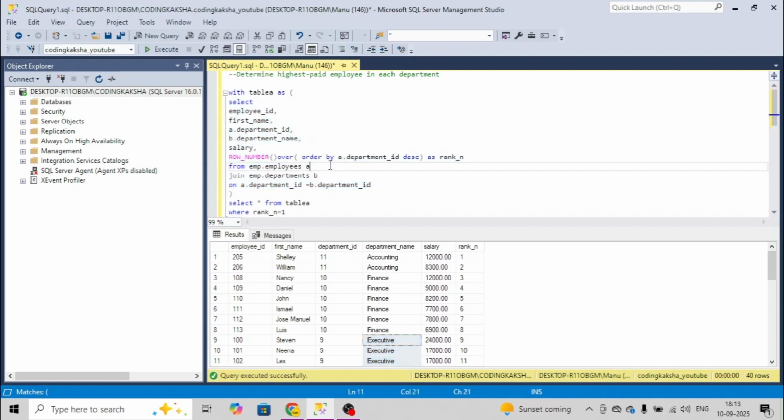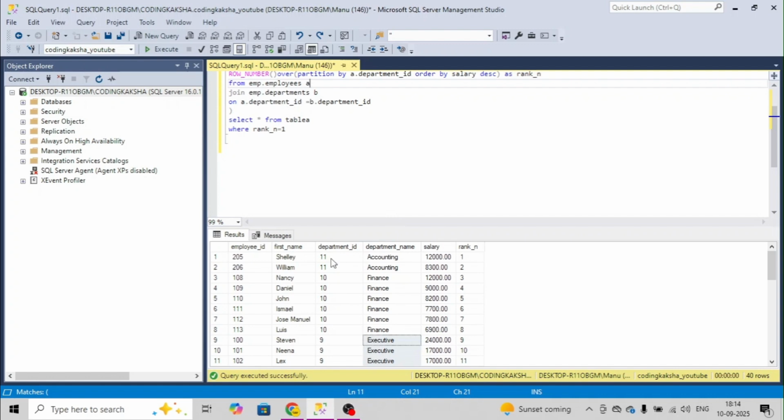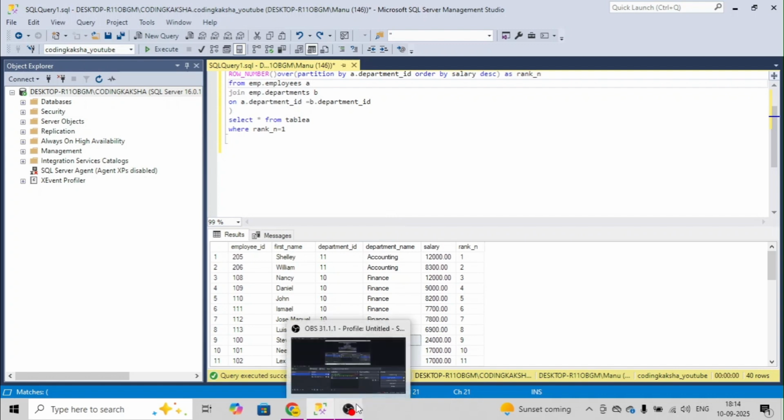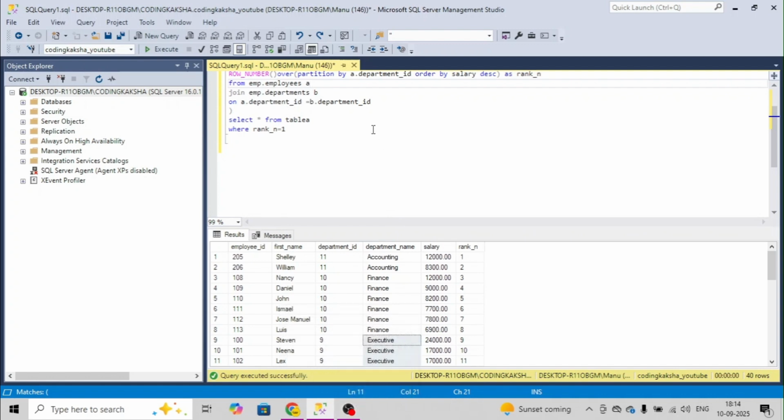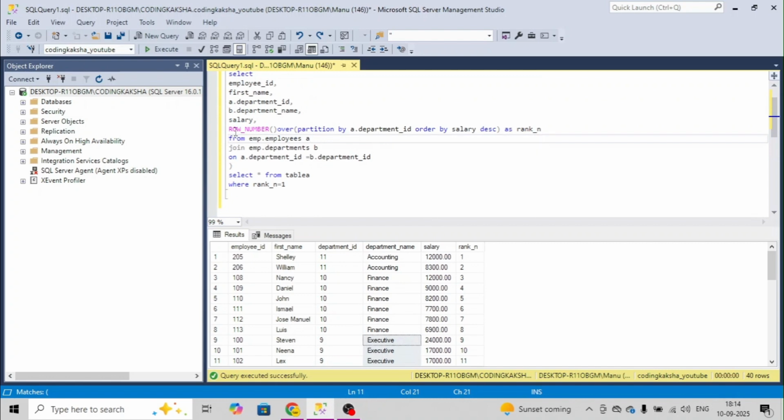There is another way to solve this, where we join this table with itself. We take the max and join that table, and take the max out of that. That is also a shortcut we can use. But this is the way we can do it easily, and people will remember it too. There is not much to it, you just have to remember row number and partition.